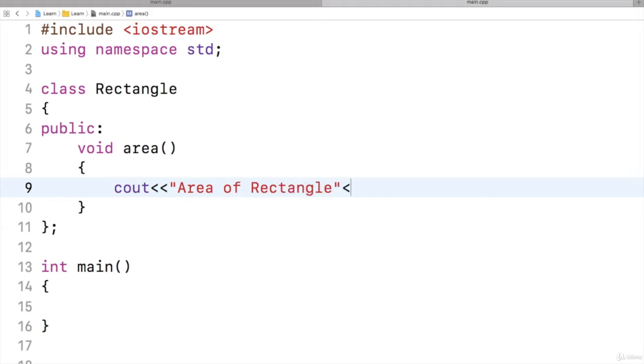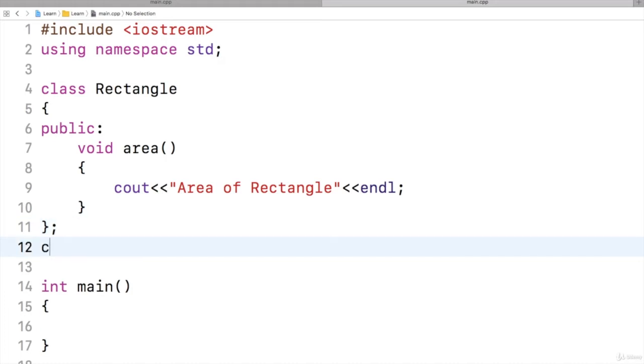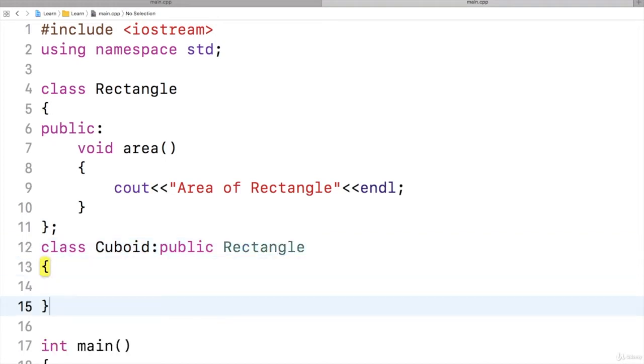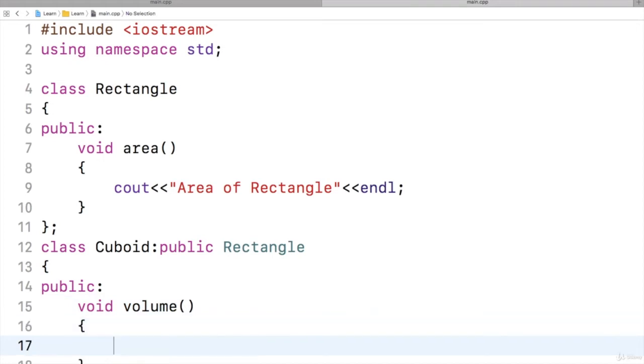Now instead of writing a complete class, I am just writing a function that is just displaying something. So actually we have to understand base class pointer and derived class object. That is the reason I am writing a simple class. Now let us write one more class, cuboid, which is inheriting publicly from rectangle. Inside this class also I will write just a dummy function for finding volume. So void volume, and inside this I will say